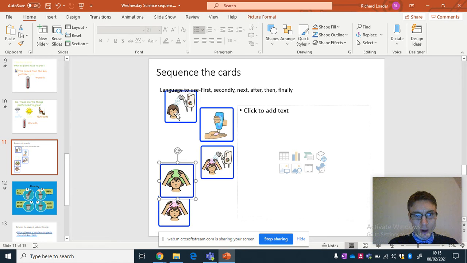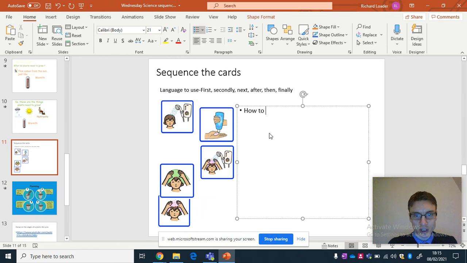You've got to wet your hair when you're in the shower if you're going to wash your hair. So this is how to wash your hair. We're going to be doing how to grow a plant. But remember, titles for instructions often start with how to. And we could do the things that we need, okay? And the things that we obviously need are water,